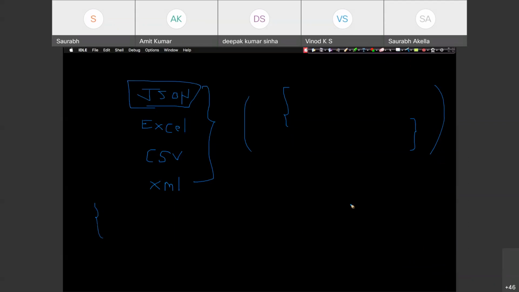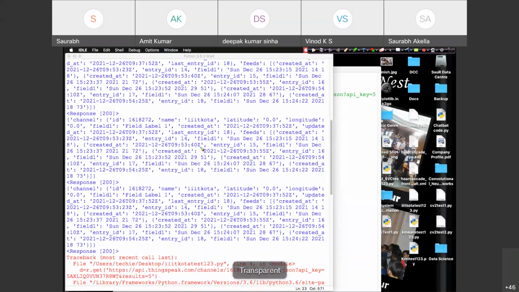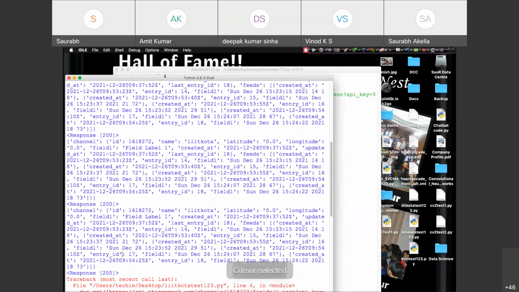So this format is also called, suppose some of you are aware of Python programming, we have the dictionary format, right? Dictionary data structure in Python, dictionary, right? So how do we work in a dictionary? A dictionary has two things: key and value pairs. Key and value pairs. So this is your value and this is your key. So using a key, you will be able to extract its value. Okay, so let me show you what I mean by key and value pair and how we extract it.